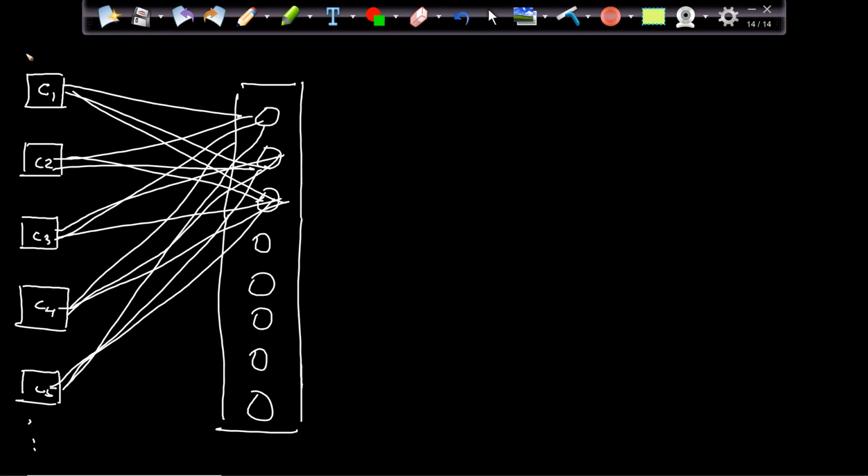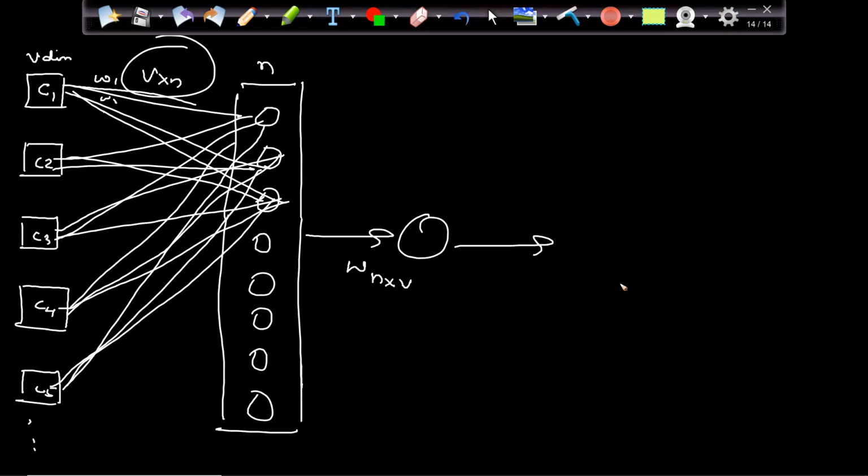So basically here we are passing this V dimension, multiplying with n dimension. So how many weights will I have? Weight 1, weight 2. Every connection will have some weight, right? This is nothing but V cross n weights. We will have a total of V cross n weights. And when I am passing from here, I will generate a word with n cross V vectors. Basically I will have an output, which is nothing but my focus word.